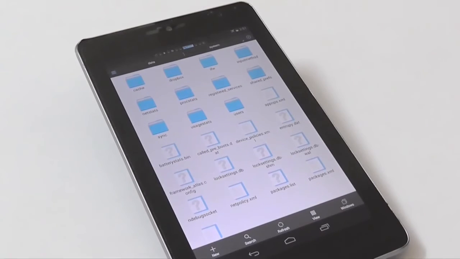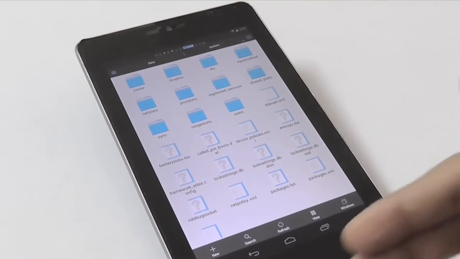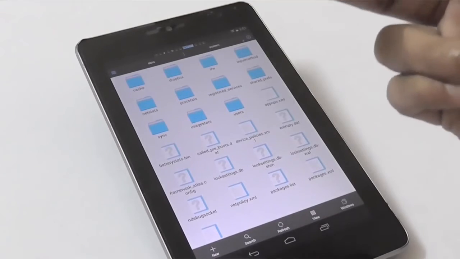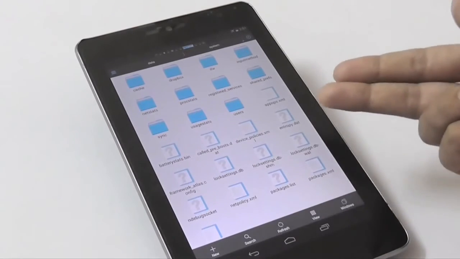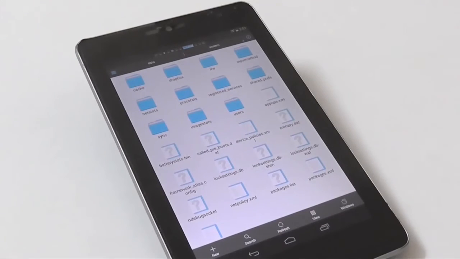Although when you really forget your pattern lock, you won't be able to access this file from this file manager. But in such a situation, you can access this file from your computer using the command line, and you can unlock your Android device without losing your data. A quick YouTube search will display all the videos that will help you to do that.